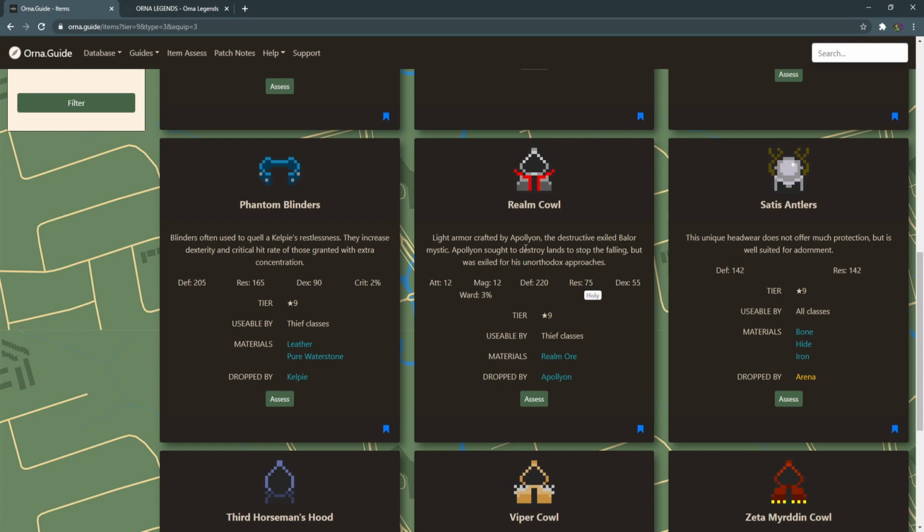We have the Realm Cowl for the Thief, giving us decent defense. We also get attack on Apollyon gear. We get the innate holy resistance, and we have ward as well. Ward is going to be important going into tier 10. This isn't the most important poly piece in my opinion, because you can always find the old Northern Crown at tier 10. Even the common quality one on completing the quest is going to give us a decent amount of